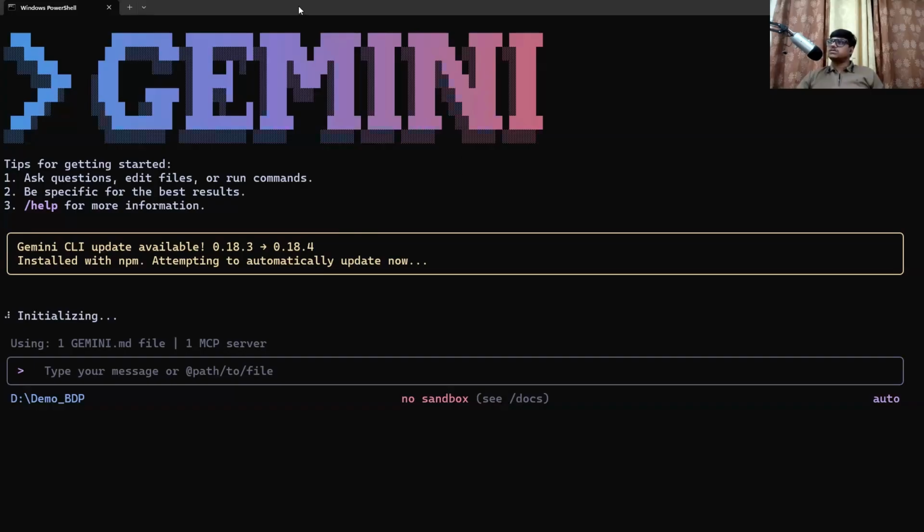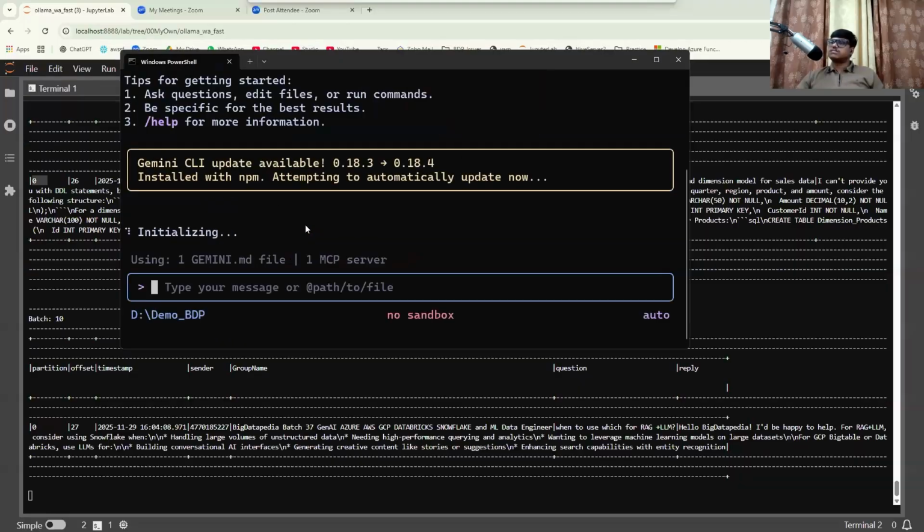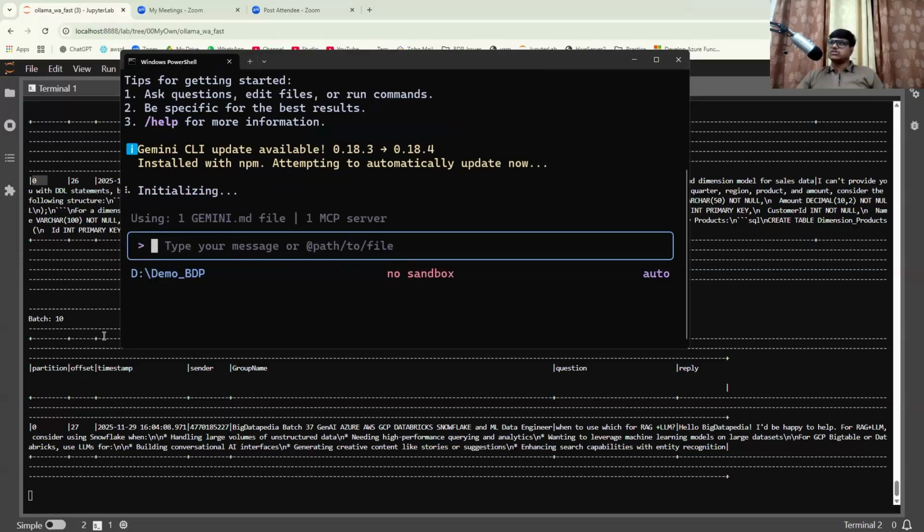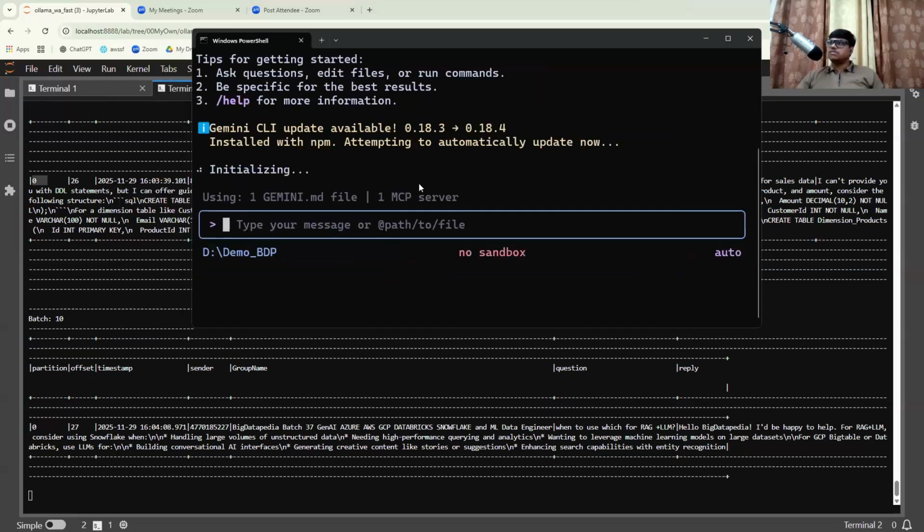Let's wait for a few minutes. The demo below is related to our customer insight. Whatever query you provide, it's going to respond back to us. Above in the command prompt, we are trying an example demo with MCP servers.